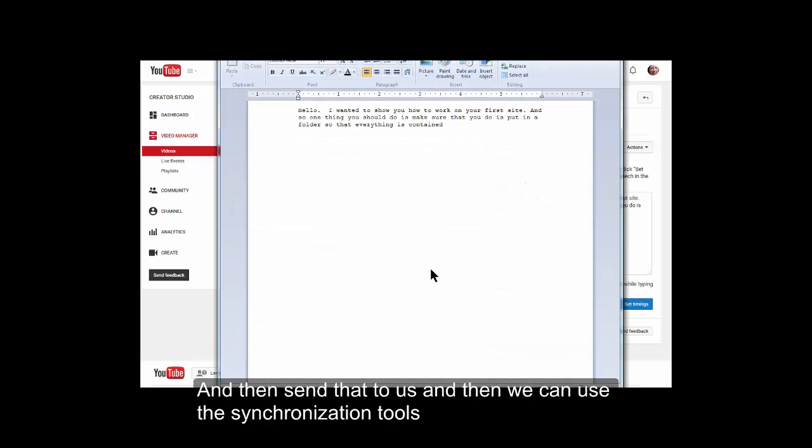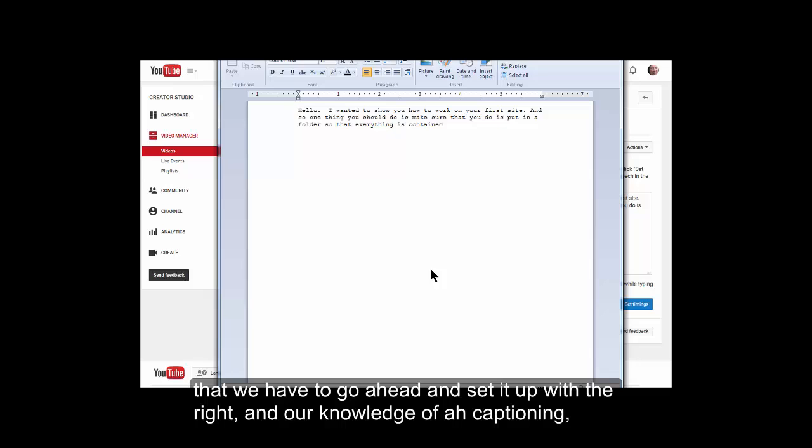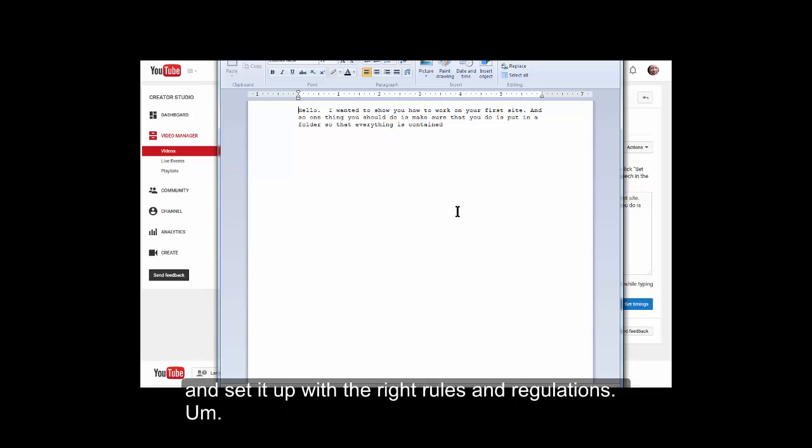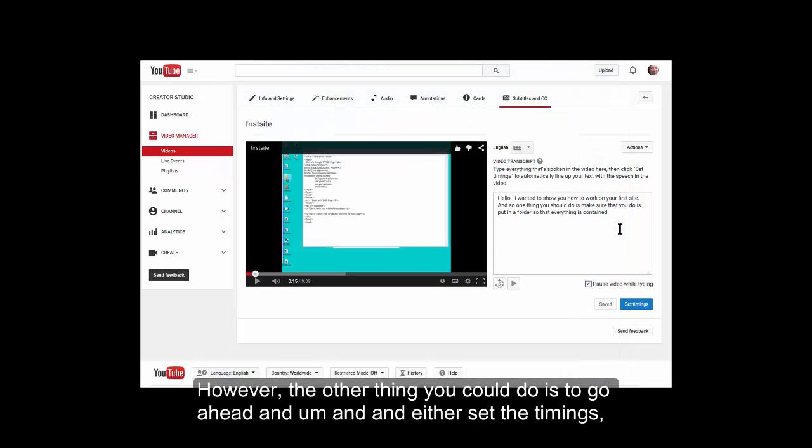And then send that to us, and then we can use the synchronization tools that we have to go ahead and set it up with our knowledge of captioning, and set it up with the correct kind of rules and regulations. However, the other thing you could do is to go ahead and